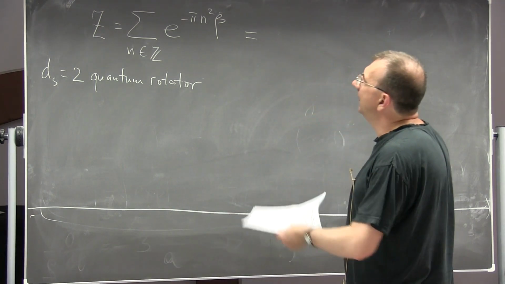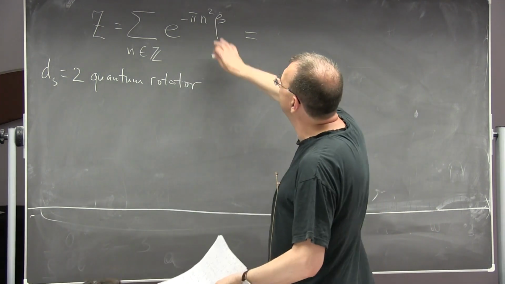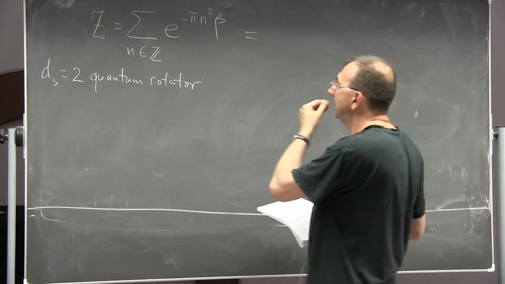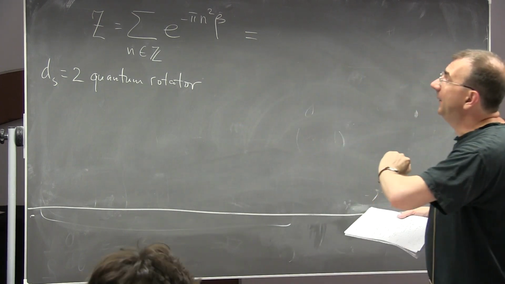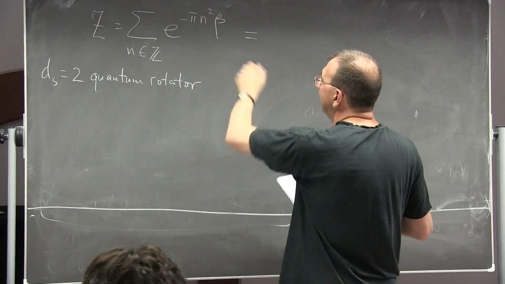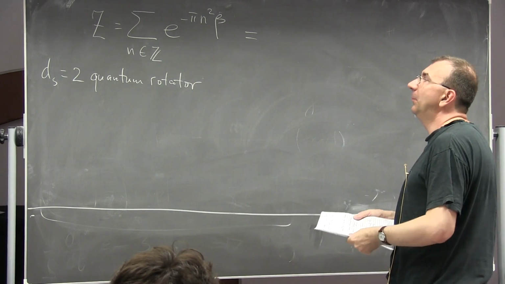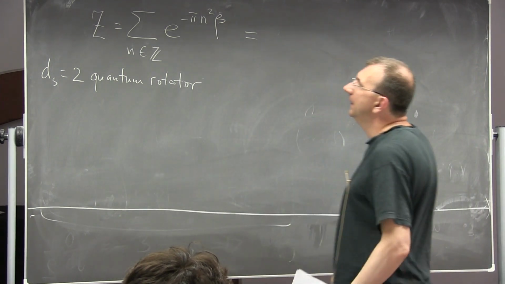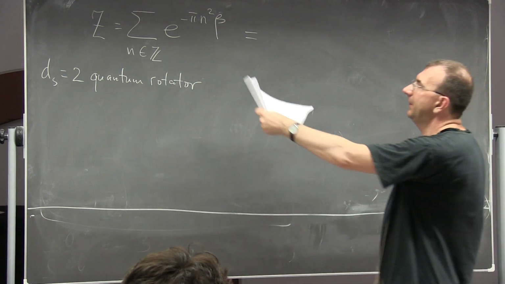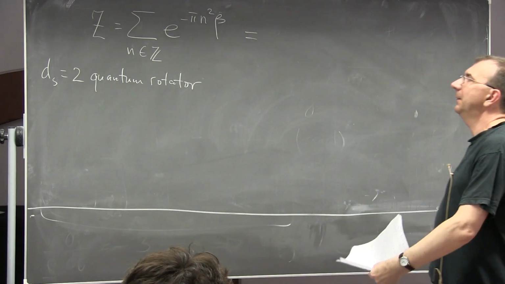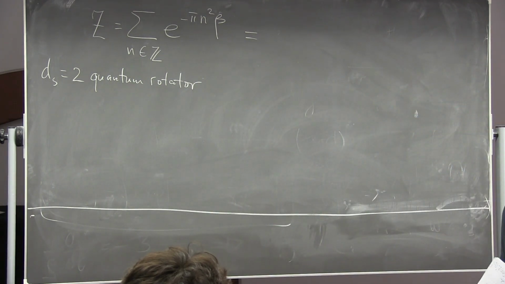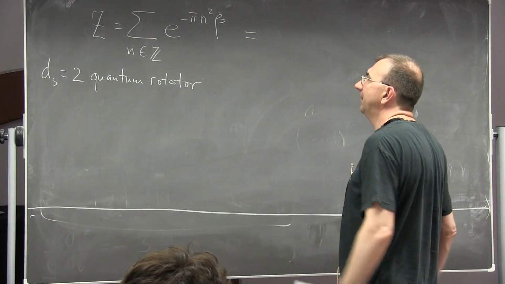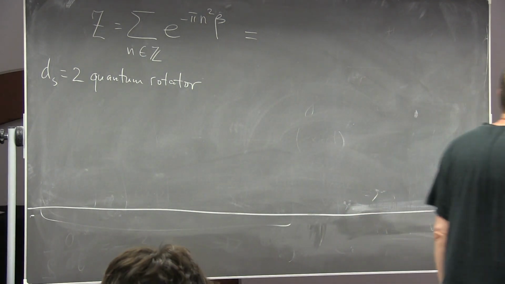And you can say, well, okay, fine. So this is not a geometric progression anymore, right? There is n squared involved here. This is one of the Jacobi theta functions, as I mentioned in, I think, the first lecture. But suppose you're interested in the asymptotics of this expression, for example, for small or large beta. If beta is sufficiently large, then because of the minus sign, you will see that the first term is sufficient. Everything else dies very quickly because it's exponential falloff with n as well. But if beta is small, then it's not obvious, and you have somehow to resum this, and it is not obvious how you perform this resummation.